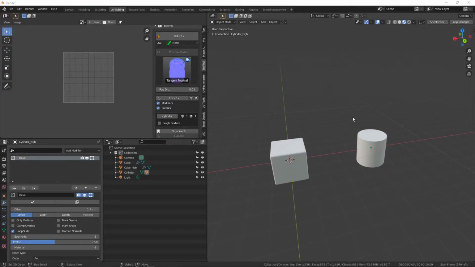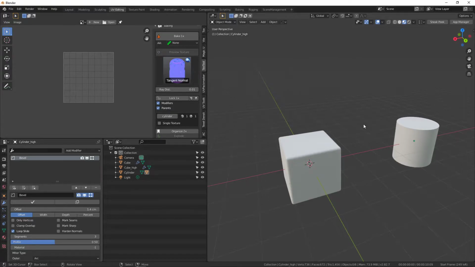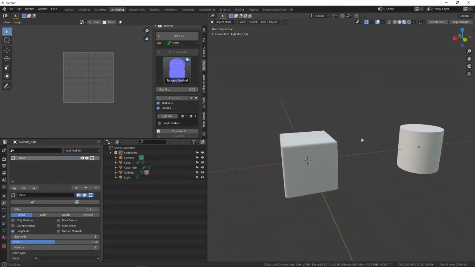Hello guys, today I'm gonna show you a quick patch I made for Textools. So the patch is about baking pairs, which can sometimes be a bit annoying